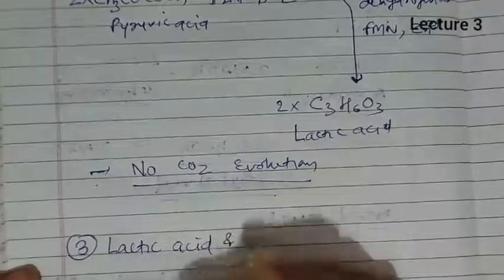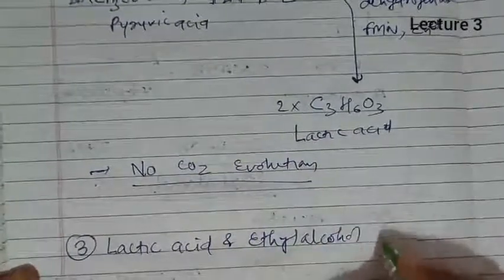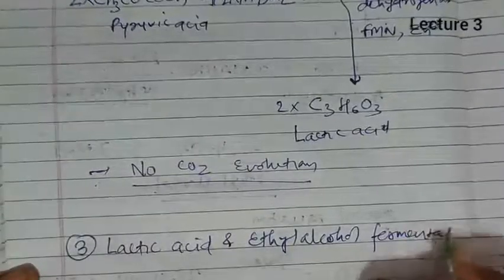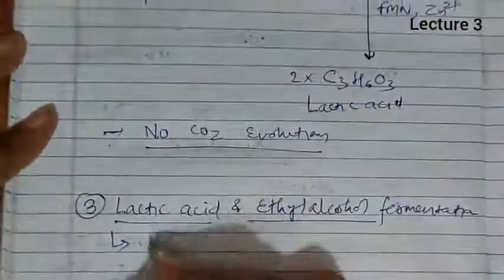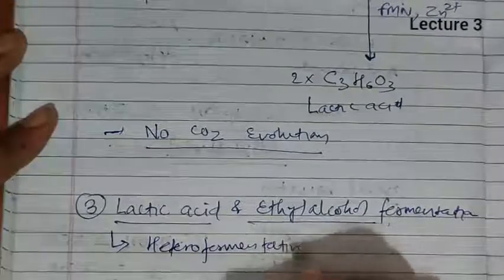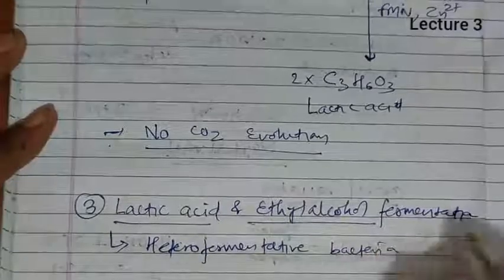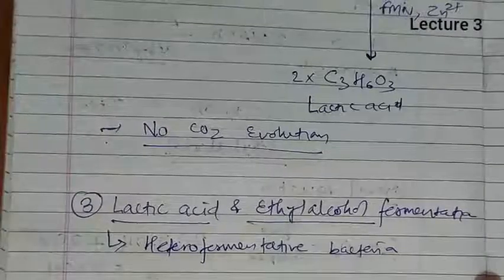Third type of fermentation is lactic acid and ethyl alcohol fermentation. Both fermentations can be carried out by only one type of bacteria, known as heterofermentative bacteria. So both lactic acid and alcoholic fermentation are simultaneously carried out by the heterofermentative bacteria. So here